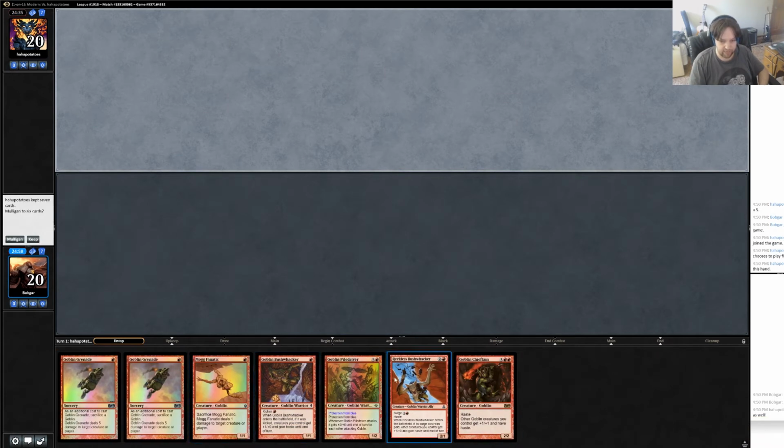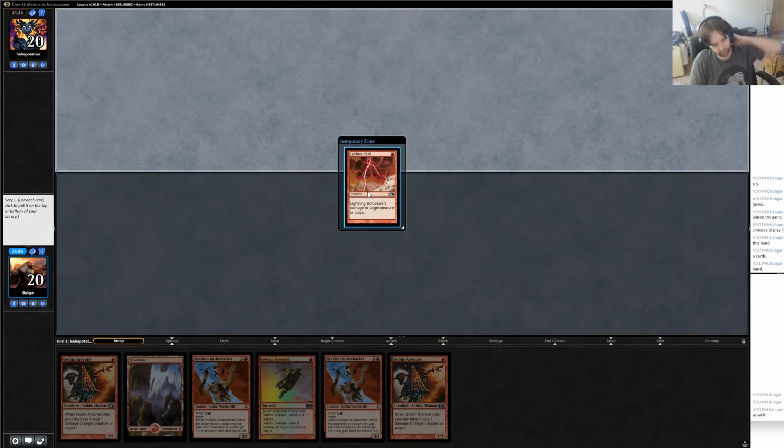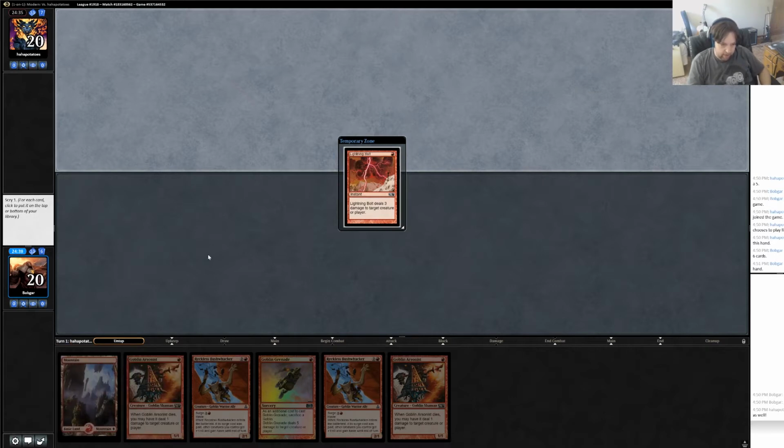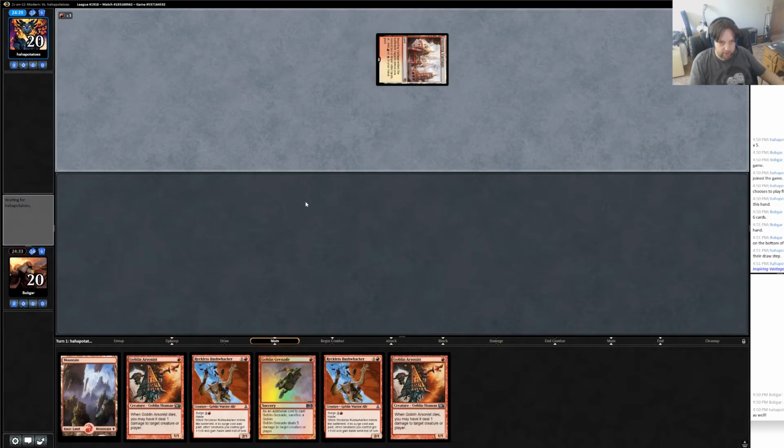Can't keep the 0 lander, even if it has a lot of my buddies. Especially this one, which only has like one of our 1 drops and a whole bunch of 2 or 3 drops. I think I will keep the 1 lander here. Oh man, feels bad, but hopefully we can scry into something. Ooh, Lightning Bolt's really good. Do I just keep Lightning Bolt on top, or do I scry it away and look for a land? I think I gotta put it to the bottom and look for a land. Unfortunate, but that's alright. This hand does very little if we don't get to...